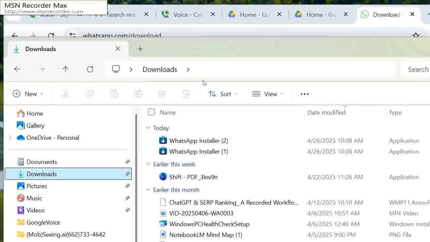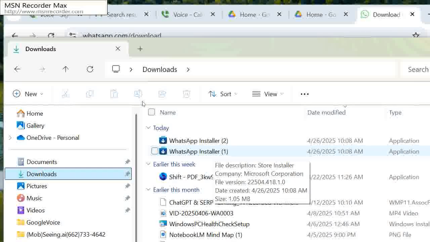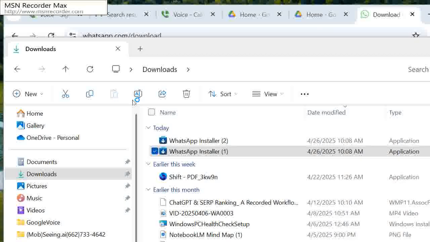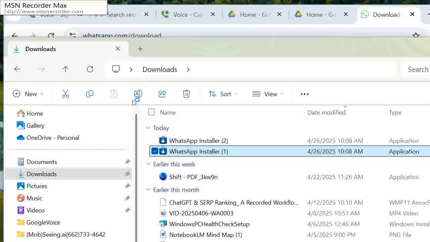And now that it is done, I can either click on it or go to my File Explorer, open it, and go to the download subfolder. So I'm going to click on the download subfolder, and I expect to see here are two downloads. Both of them are from the same source. And sometimes it's a good idea to do it twice and compare the size. Make sure that the size is the same, which it is,